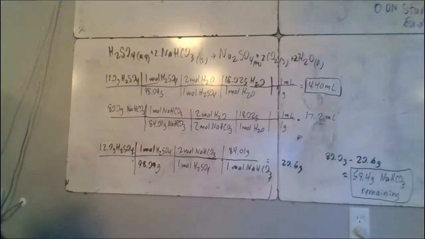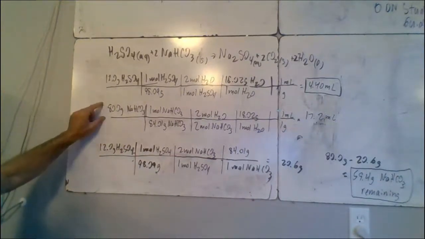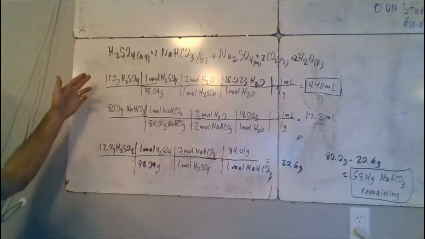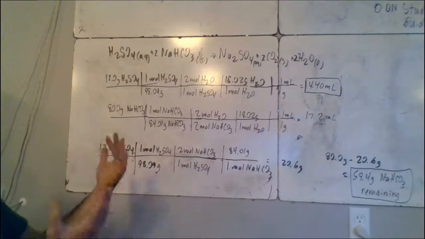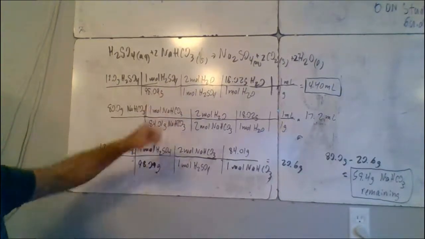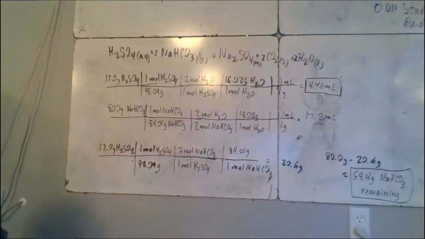All right, so we take the masses of both reactants, 12 grams of sulfuric acid, 80 grams of sodium bicarbonate, and figure out what the volume of water would be from each of those reactants. Remembering that whichever reactant produces the lesser amount of the same product is the limiting reactant. So I divide them both by molar mass to get moles, use the mole ratio to convert to moles of water, multiply by water's molar mass to get mass,